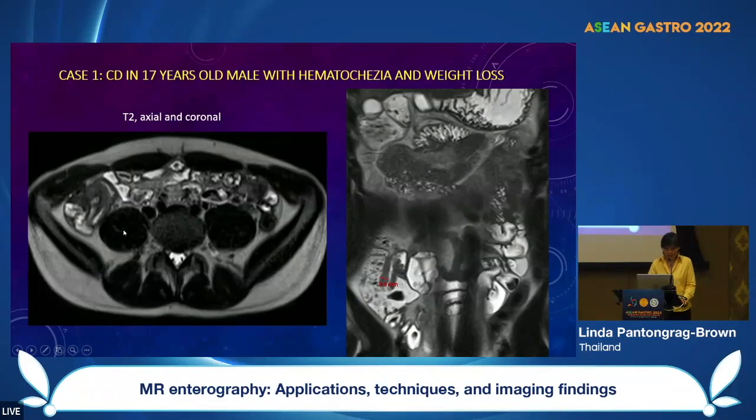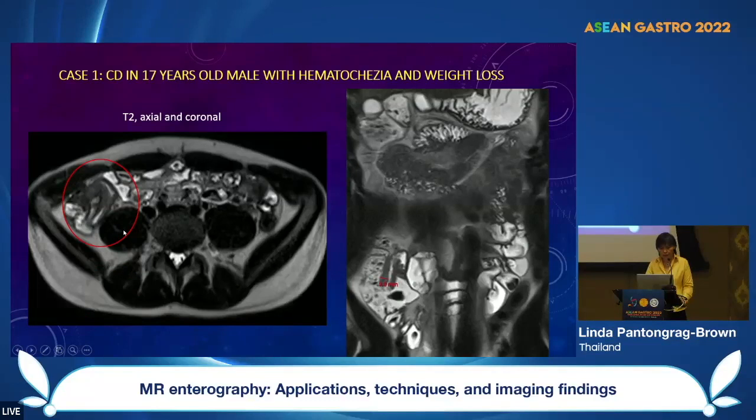Let's start with the first case. This is a young gentleman, 17 years old, with already known Crohn's disease. He presented with hematochezia and weight loss. This is T2, axial and coronal view. I hope that you can see it. You can see here that there is